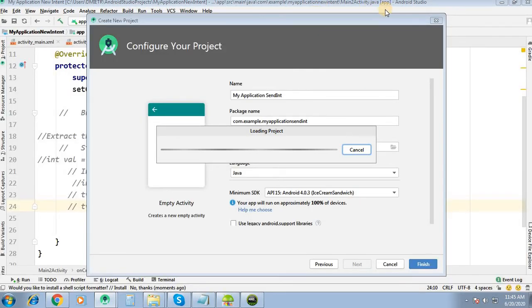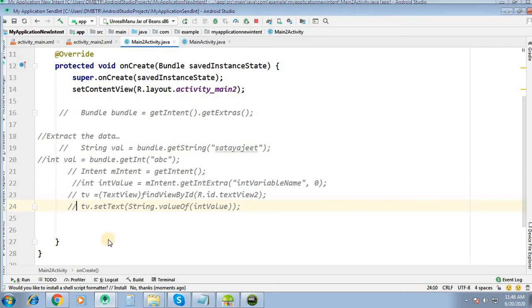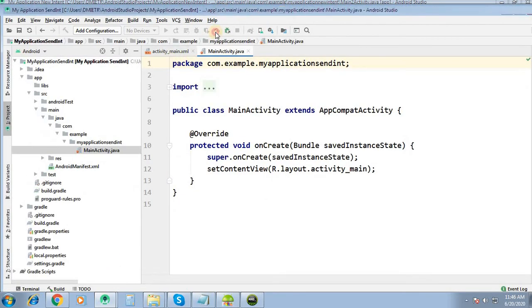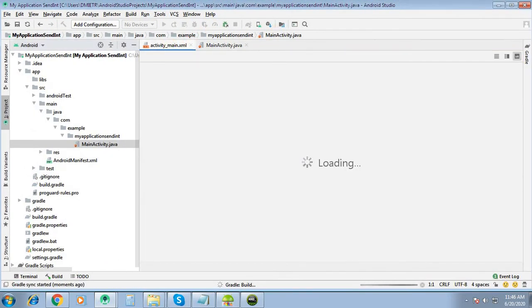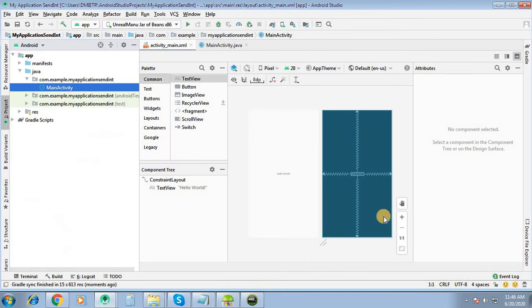Our project is now loading. Our project has been loaded.